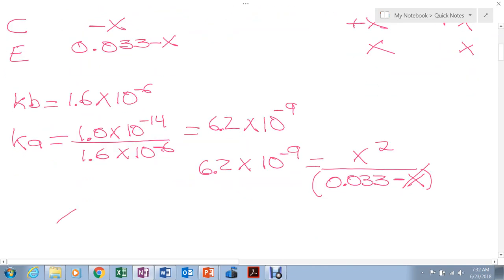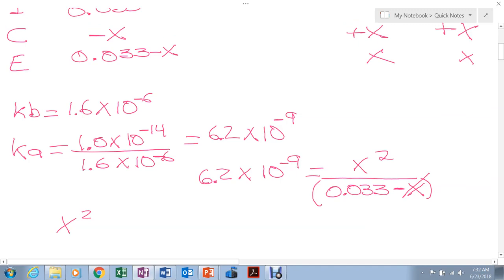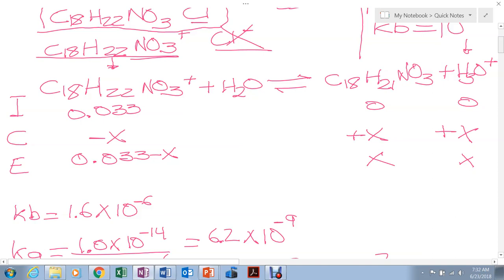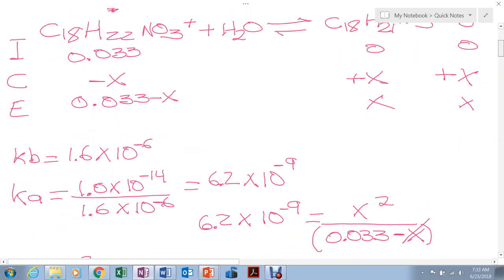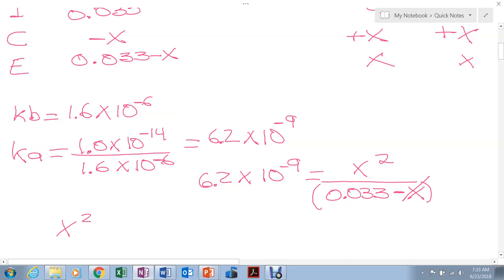This is important, what I'm going to say. When you have an acid, you ignore the concentration of the H3O+ coming from the water. And when you have a base, you ignore the hydroxide coming from the water. Hydronium for acid, hydroxide for base. So you got x squared is equal to 6.2, I flip it, by 10 to the negative